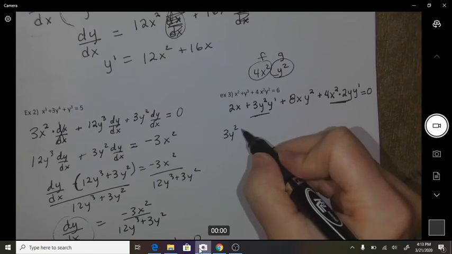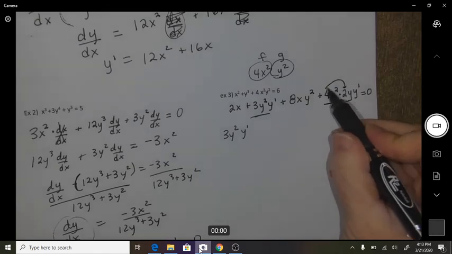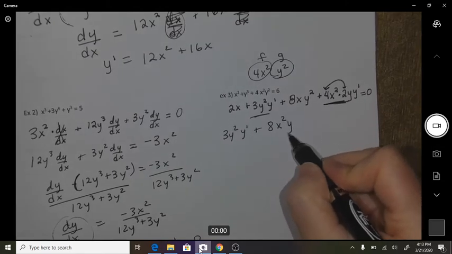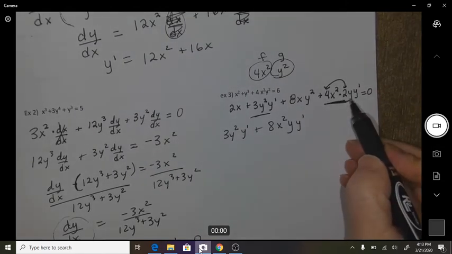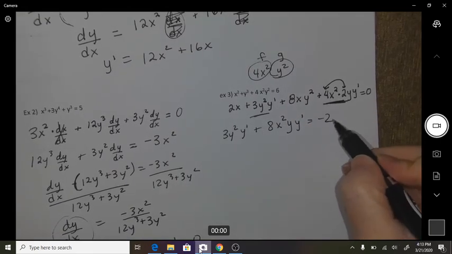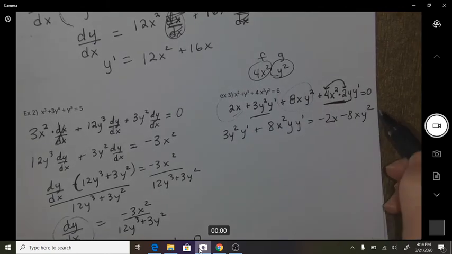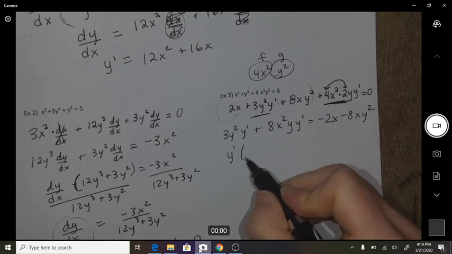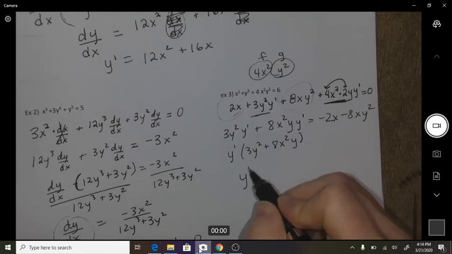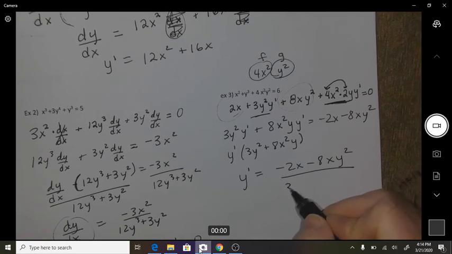So 3y squared y prime. I'm going to put those coefficients together, plus 8x squared y prime. You see that? 8x squared y prime. I'm going to move this and factor out. So y prime equals negative 2x minus 8x y squared divided by